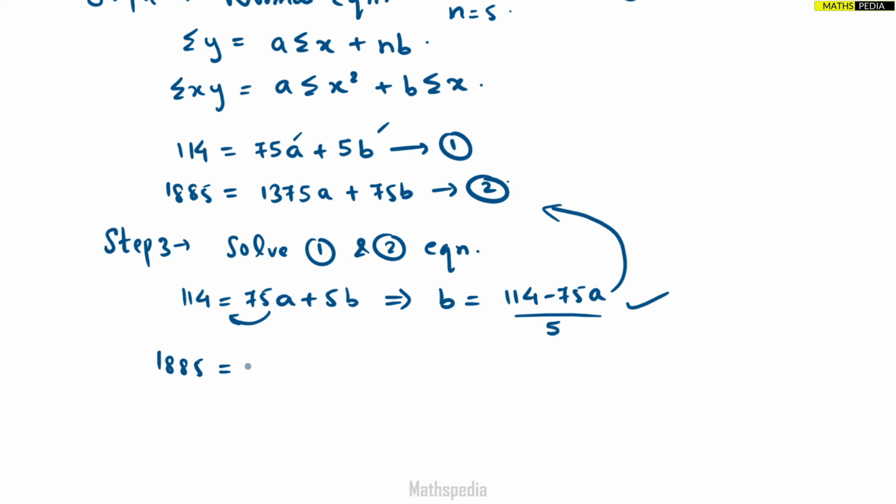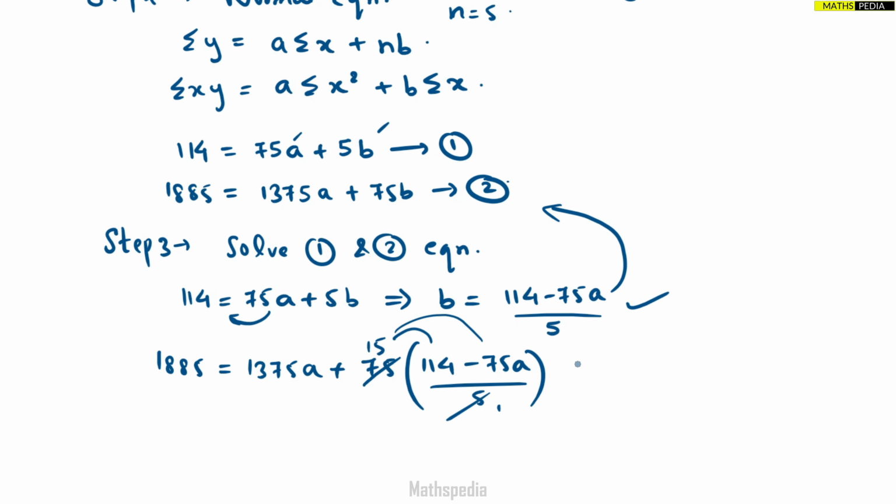1885 is equal to 1375a plus 75b. Instead of b, I'm going to put (114 minus 75a) divided by 5, right? Now in this equation, anything to be cancelled? 5 ones are 5, 15 fives are 75, you can cancel it out, then just multiply here. So 1885 will remain as it is, equal